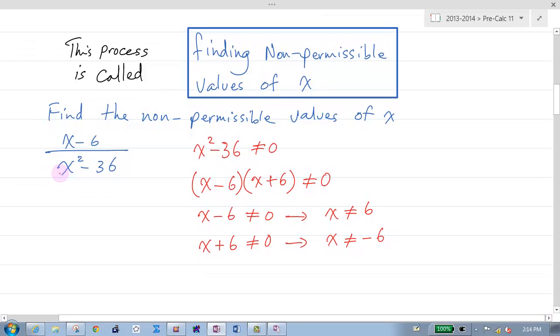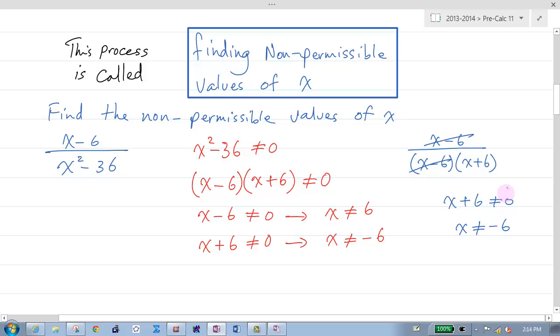So I went with the expression of x that I had in the denominator without any modification, right? Without any modification, I put the denominator and say, okay, that cannot be equal to 0. A common error is that you go x minus 6 on top, you factor it first, cancel out the x minus 6, and then state that x plus 6 cannot be equal to 0 and x cannot be equal to negative 6. That's a common error, not finding the other